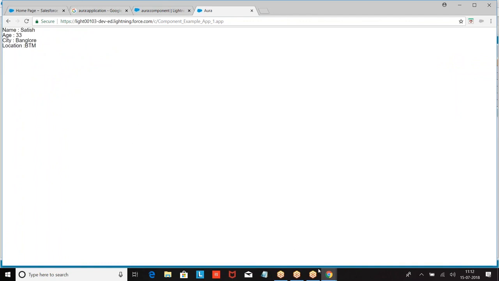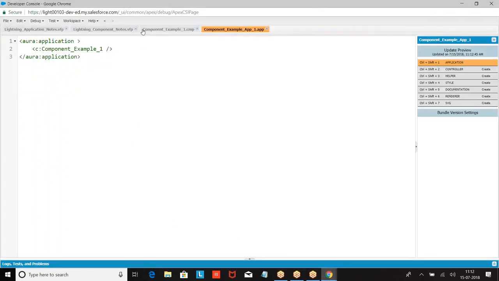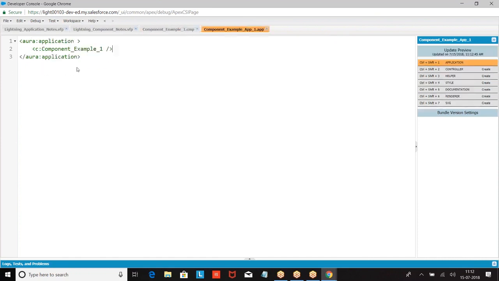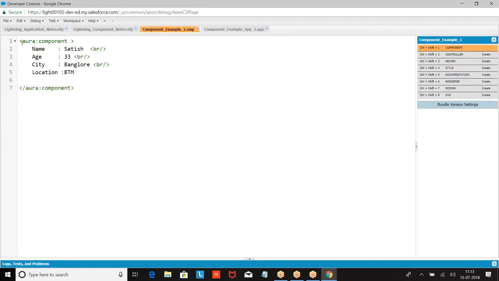So whatever we define in the component, this is included in the application. When you say C colon component example, whatever the component is specifying, we are including in this application. I hope you are clear. Create a component, include in the application. So let us take this example.